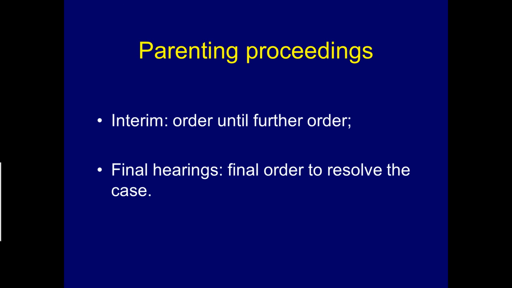In relation to parenting proceedings, normally when you file an application in court, you have to decide whether you want interim and final orders or just interim orders. Now, in relation to final orders, it would probably take about 18 months to get a hearing date for final orders. That's why most people would also ask for interim orders. An interim order is an order until that final order is made by the court.